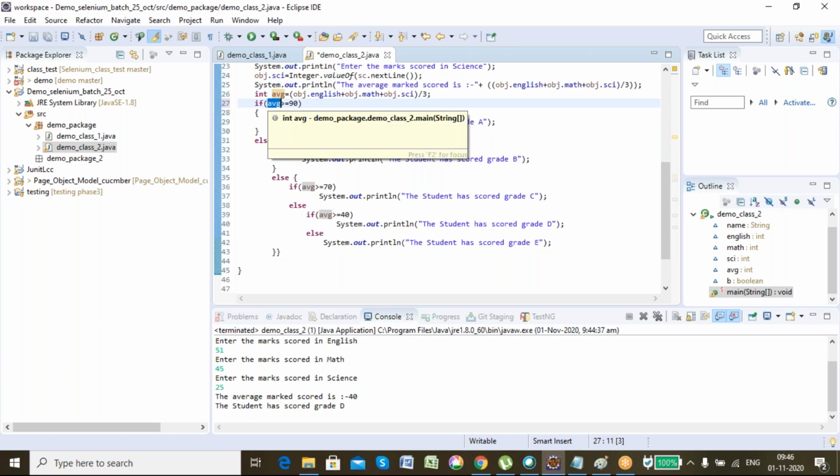I can also compare, but in that we'll be using double equal to.